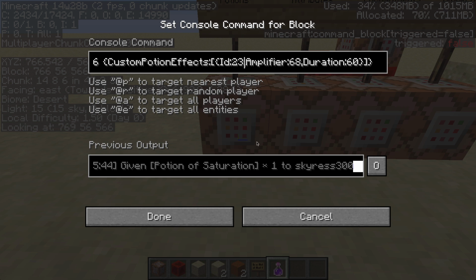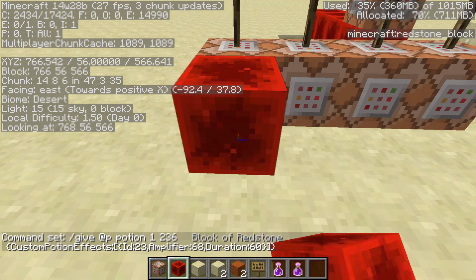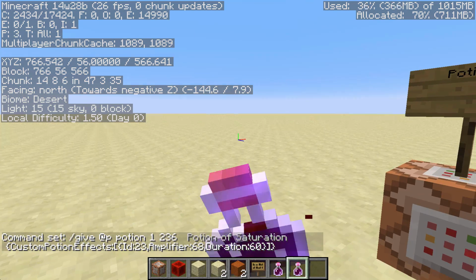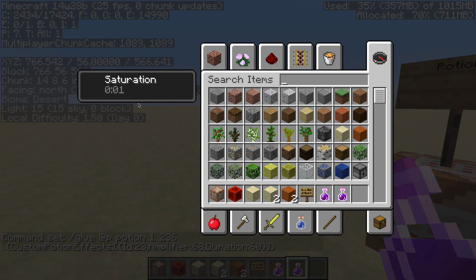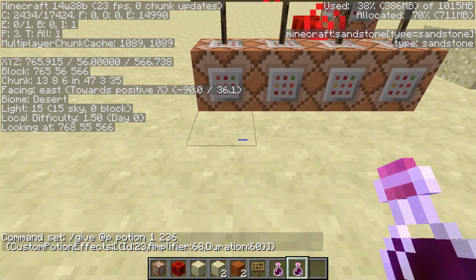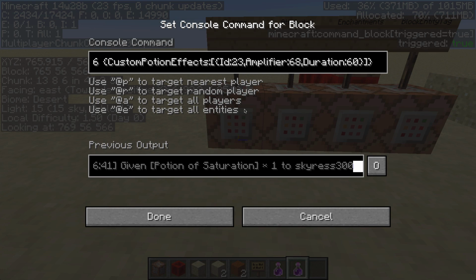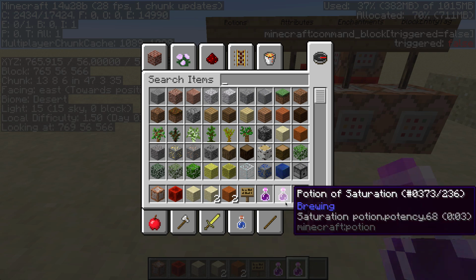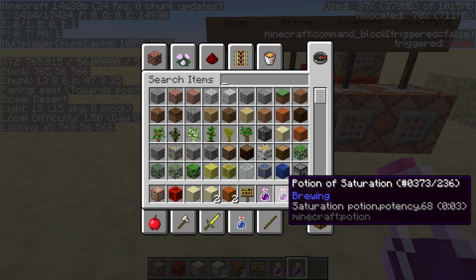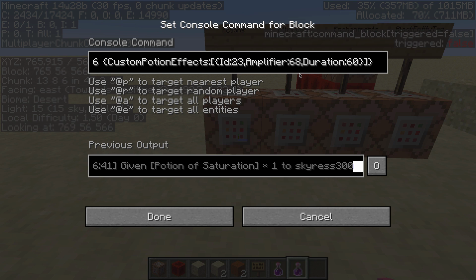Alright, so the next thing is potions. This command block here will give me a potion, and I can drink it: 3 seconds of saturation, which will basically bump your hunger up. Here is the format. You can see it says saturation, potion, potency, 68. I think if I set this to something more reasonable, like, is this, yeah,